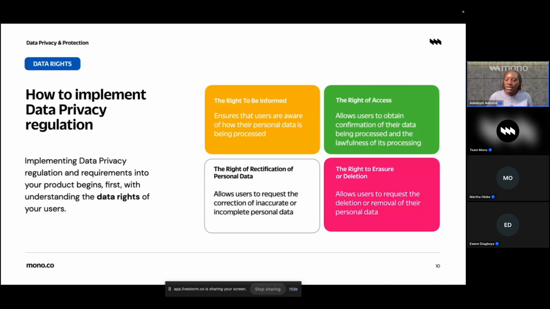It shouldn't be like, oh, 20 steps where I have to send an email and then I have to send another email. As a business, on your website or on your mobile app, on the dashboard that your customers are interacting with your service, in their profile segment, there should be a place for them to update their personal information. Now, not all information should be allowed to be updated, to prevent instances of fraud. However, there's certain information that, from usage and from understanding the life cycle of your business, you should know that,